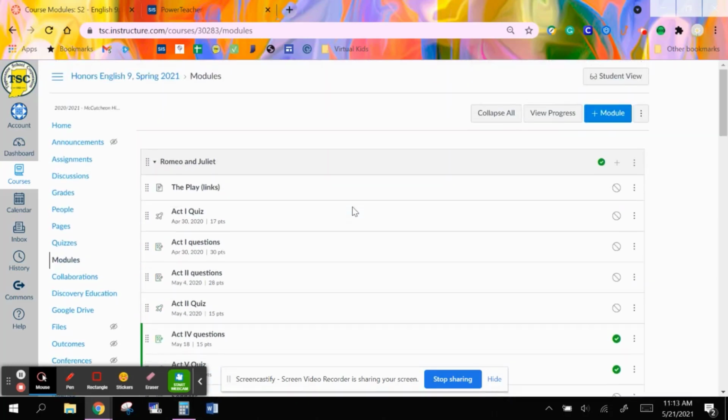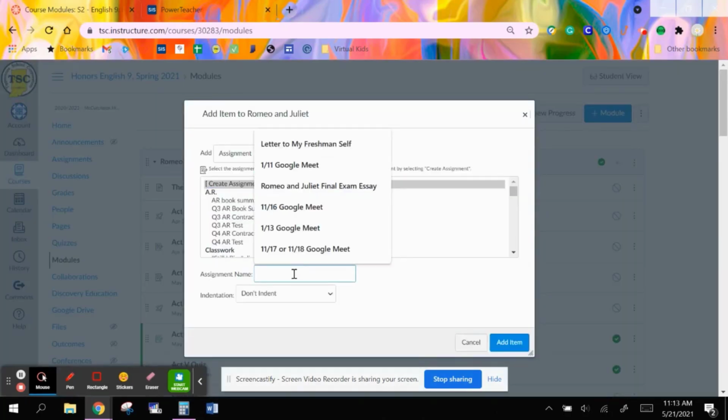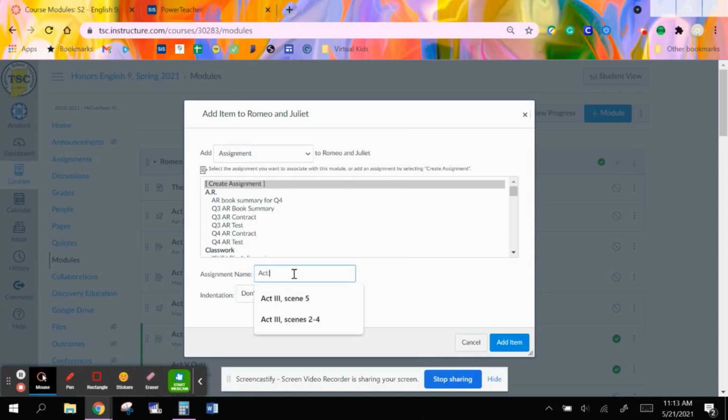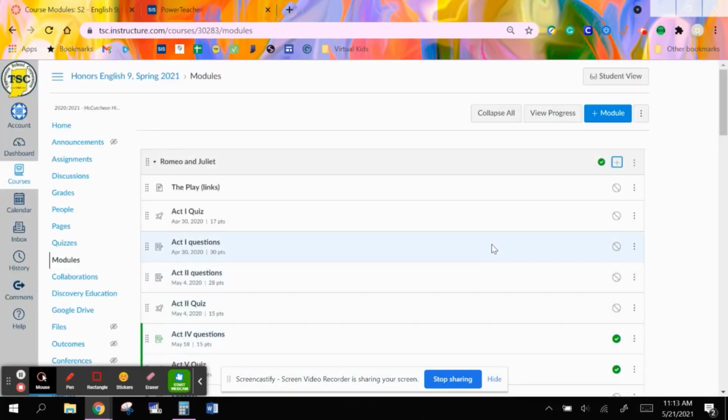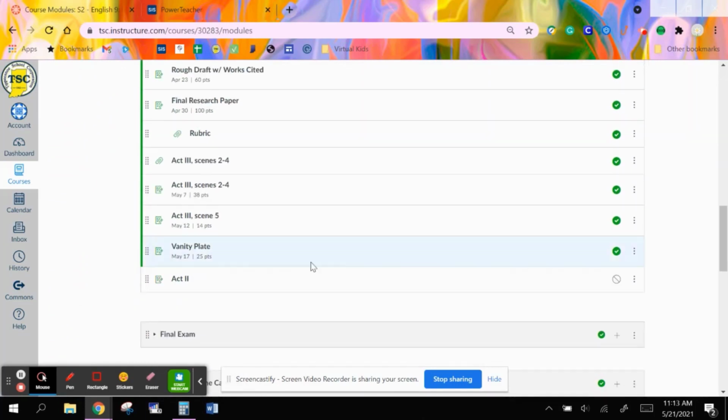So let's add an assignment to this module. Just click plus. I am going to create an assignment that I just collected. It was Act 2. We'll just call it Act 2. And I think it adds it to the bottom. Yep, right there. And no, it's not published right away, which is good. So if I click on the assignment,